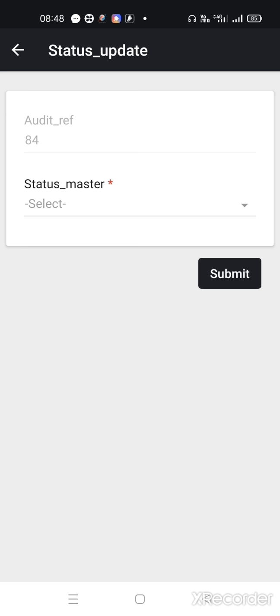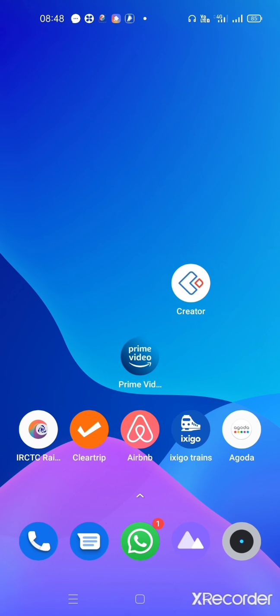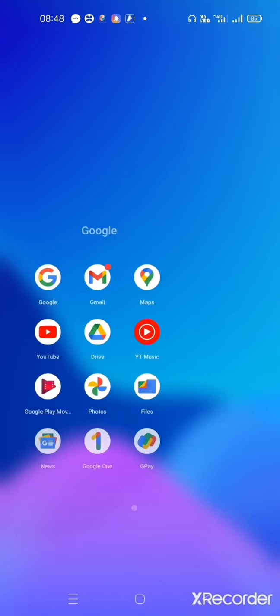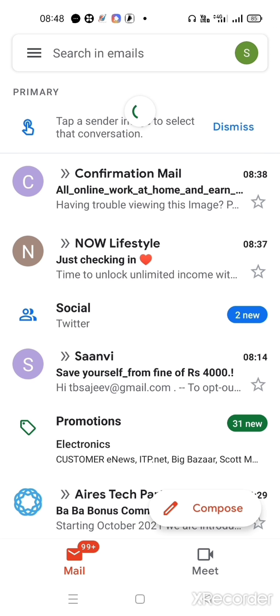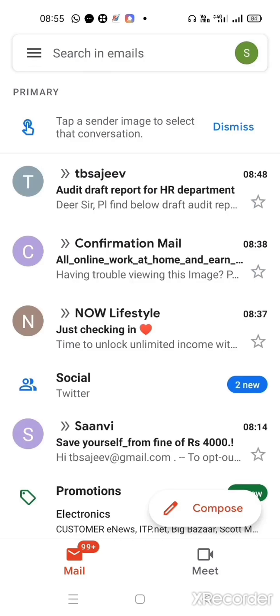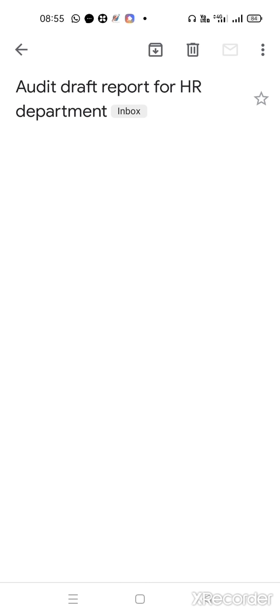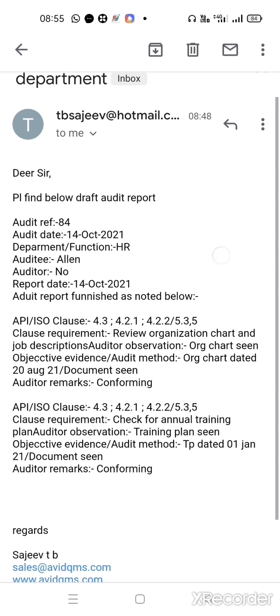Now the system will email you the draft report, which we can see in your mailbox. The audit report is here in the mailbox now. Open it. So you can see the draft audit report here.